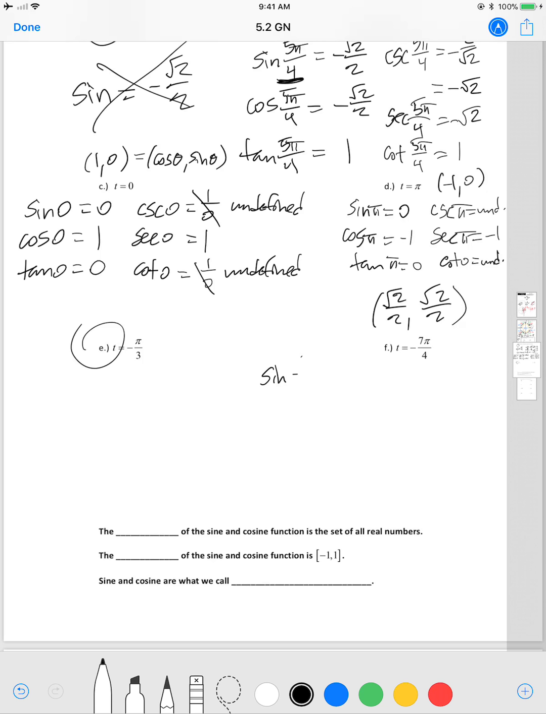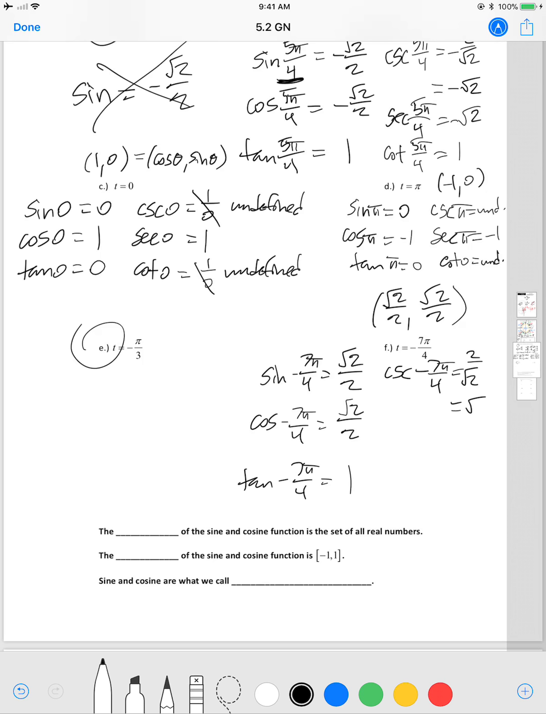So the sine of negative 7 pi over 4 is the square root of 2 over 2. The cosine of negative 7 pi over 4 is the square root of 2 over 2. Tangent of negative 7 pi over 4 is 1, since anything over itself is 1. The cosecant of negative 7 pi over 4, I'll need to flip this, 2 over the square root of 2,